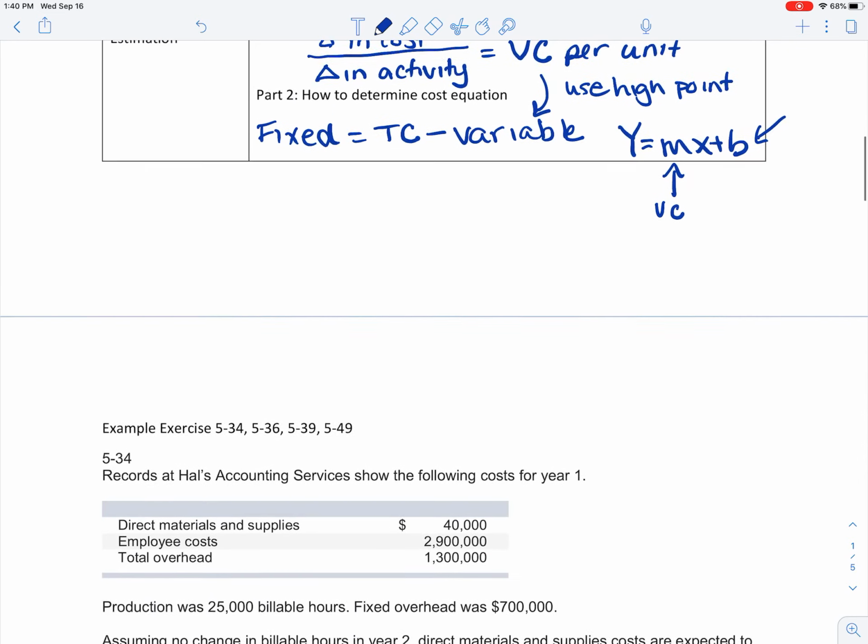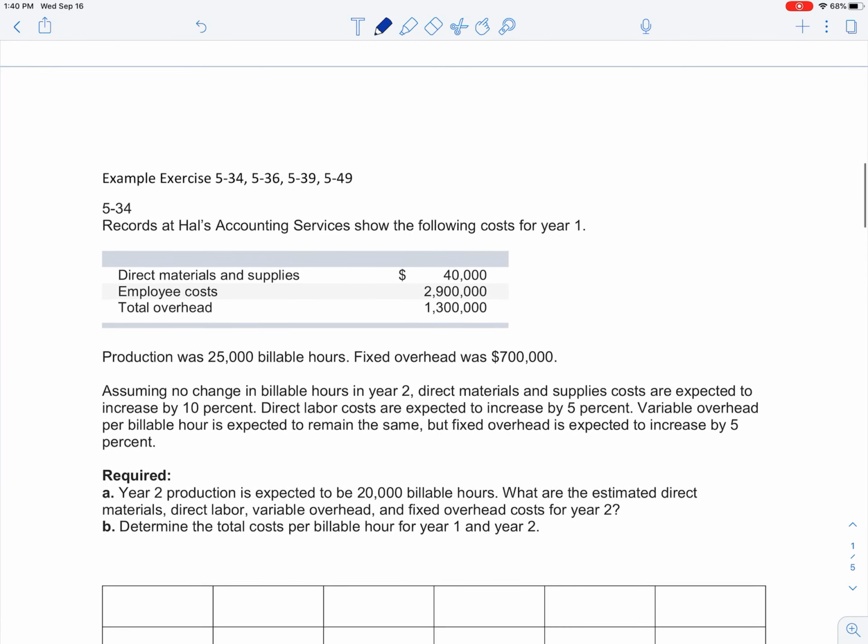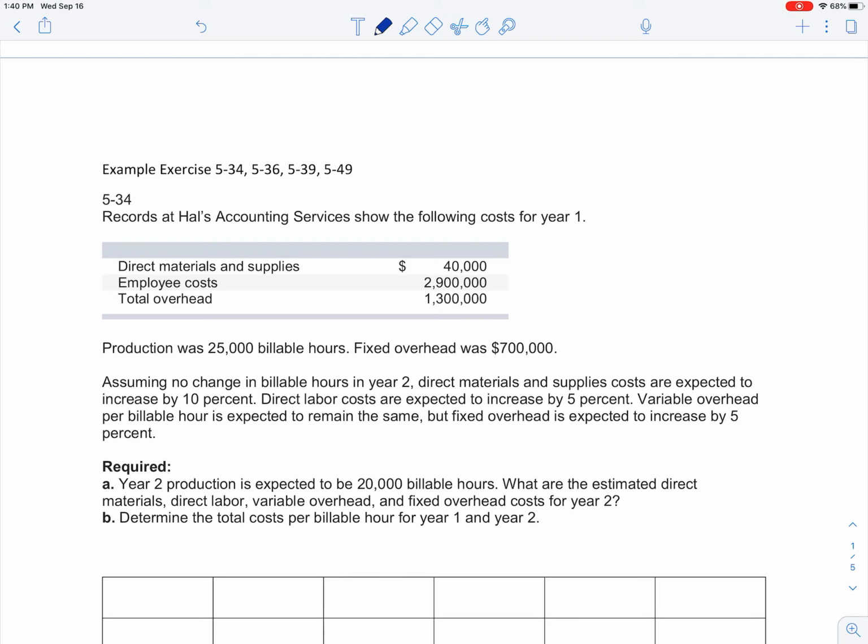So there's a couple new concepts introduced in this chapter. I'm going to walk you through a couple of different things, and some of it is probably easier than it looks. It's just the way that they're setting it up, so I want to walk you through that. The first thing we're going to look at is 5-34. In 5-34,